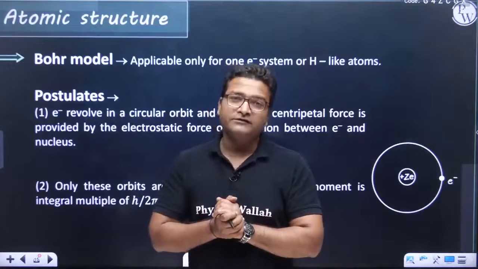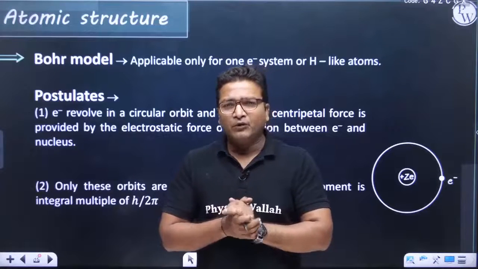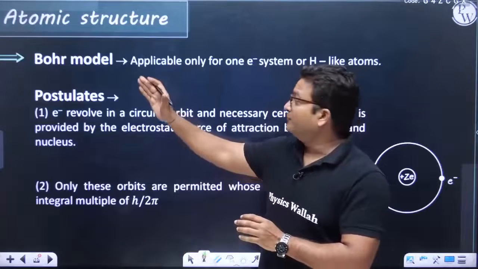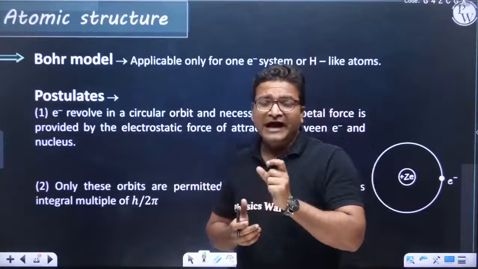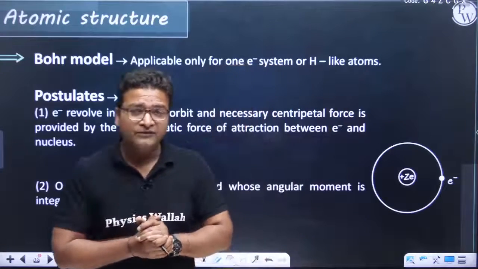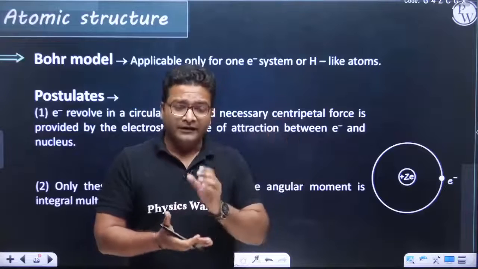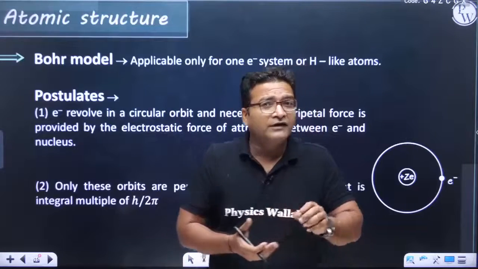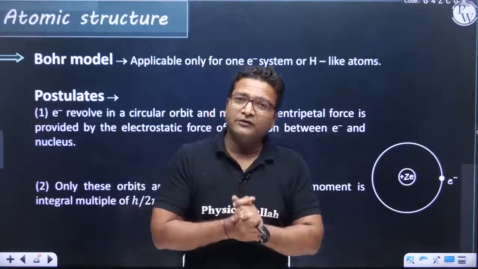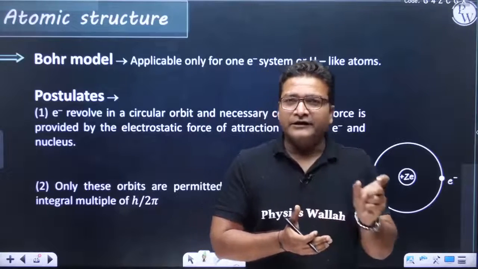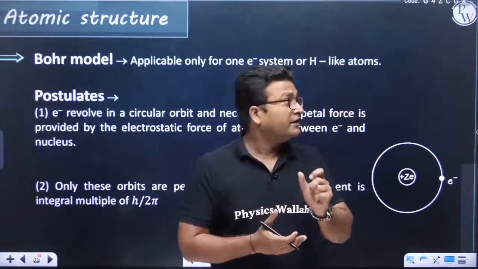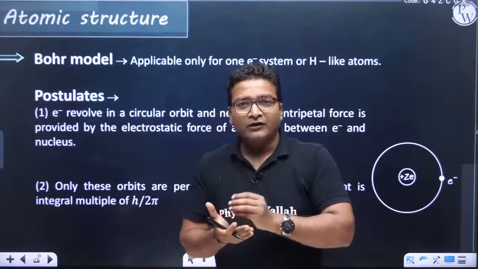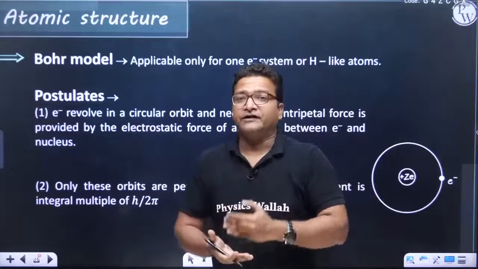Initially, there were many models to understand atomic structure, but the most famous and most promising model was of Niels Bohr's. So, Niels Bohr's model was only applicable to those species or those atoms which have only one electron in them, like hydrogen atom, He plus ion, lithium plus ion, and these all have one electron. So remember this point, Bohr's model is only valid for single electron atoms or species, like we say them hydrogen-like atoms because they all have single electron. Okay, and this model can also explain the spectrum of these atoms.